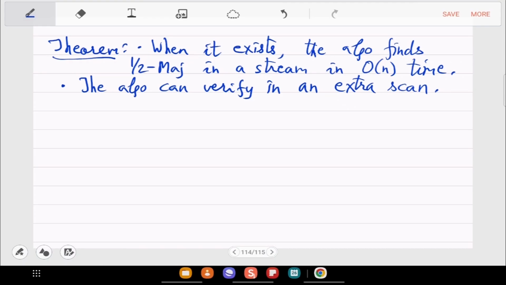So if you want a verified answer, then you have to do a scan again. But if you don't want verification, you are already confident, then this is a one scan algorithm, linear time.